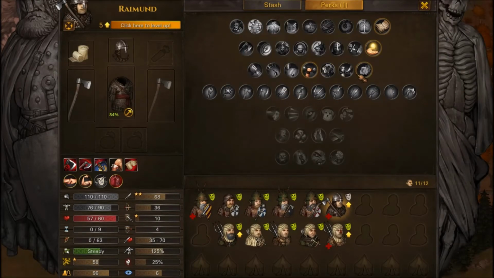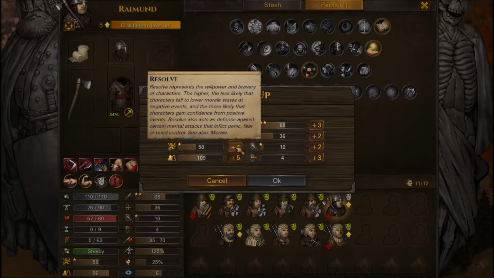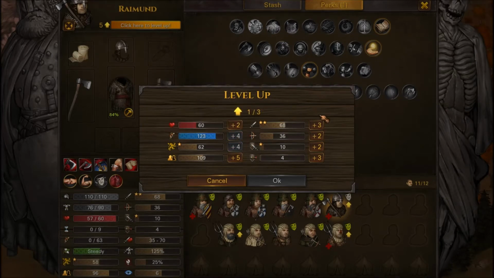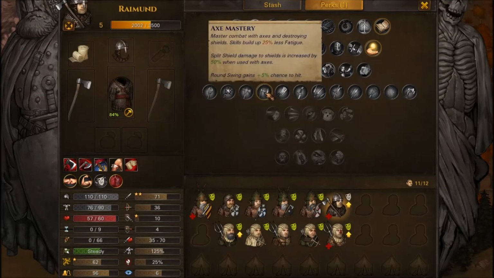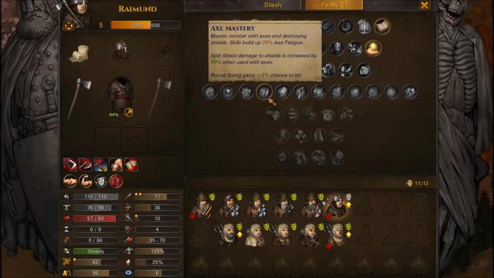Raymond, what can we do for you? Let's see here. You need some resolve. We'll keep working on that. Obviously, fatigue is never done. And then I'm gonna give him more melee skill. I want him to hit like a truck, and I want him to hit consistently. Now, in terms of perks, I would normally give them, whoever I was upgrading, the mastery thing as soon as I have it unlocked. But I typically don't leave him with a two-handed axe. I normally give him the